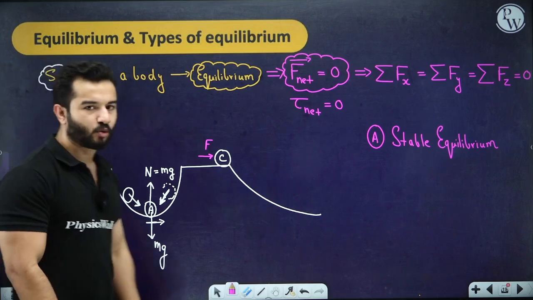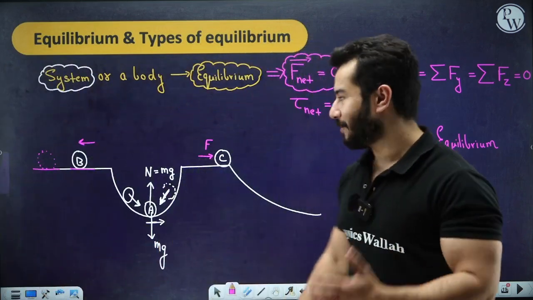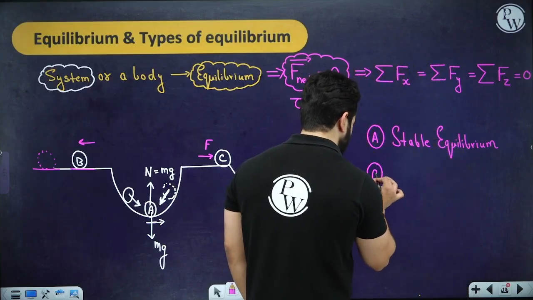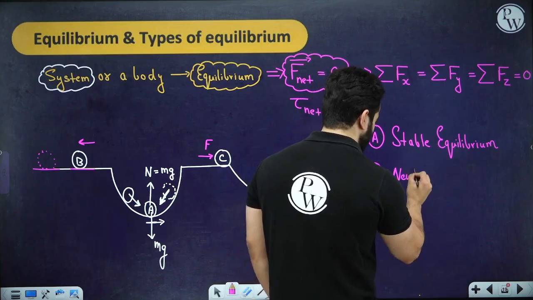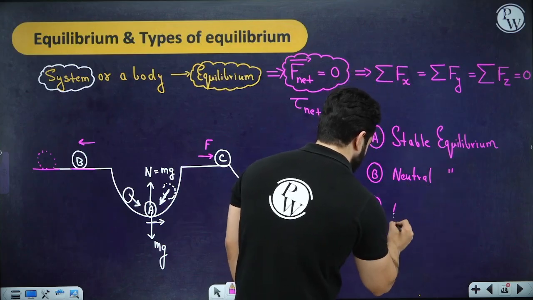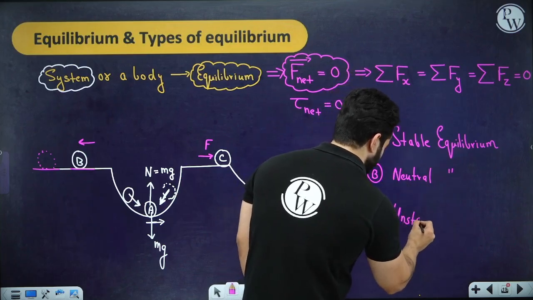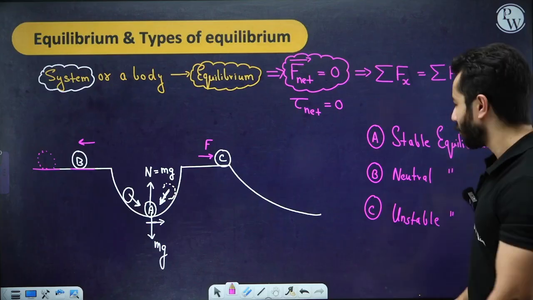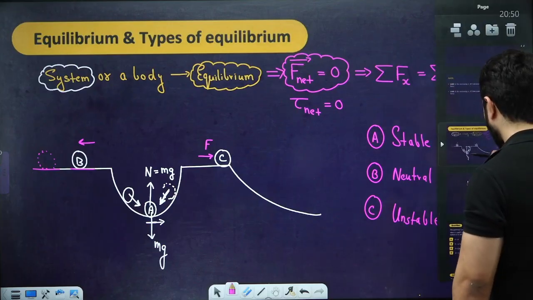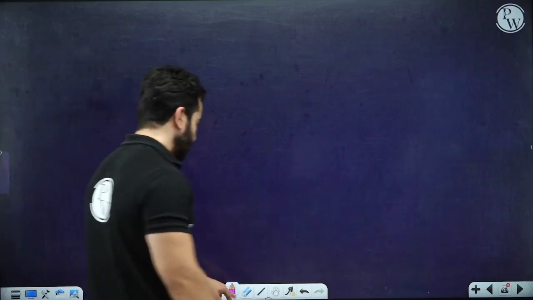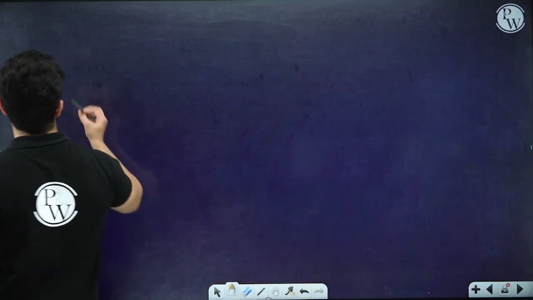The third one is known as neutral. So you have got stable, you have got unstable, the B was neutral, and the third one is unstable. But we have got better definitions for this. We have got a better mathematical way to put all of these things. For stable equilibrium,